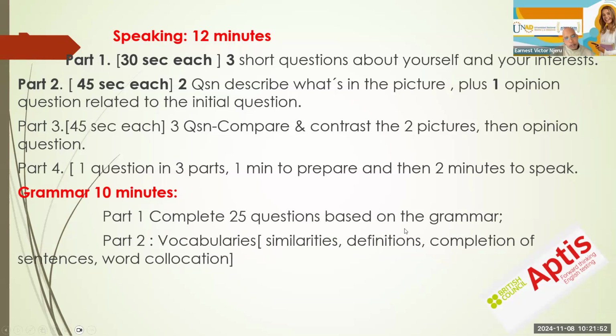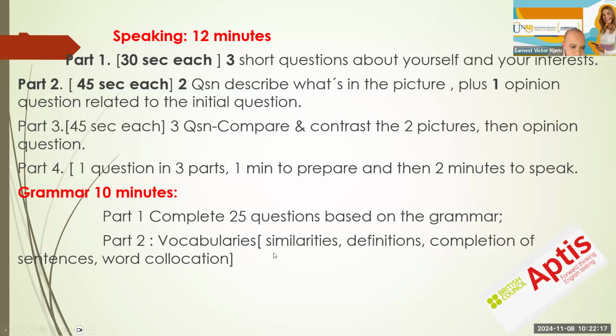In the grammar section of the Aptis, you're going to find that it has like 50 questions. In this part, you're going to find the first part is 25 questions. My advice on this part, you are supposed to answer them very fast. You can't spend more than 10 seconds in this first part of 25 questions. Why? Because the time is very limited, and it's going to secure more time in the second part, which is